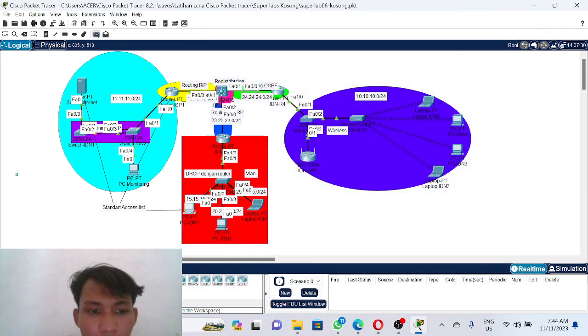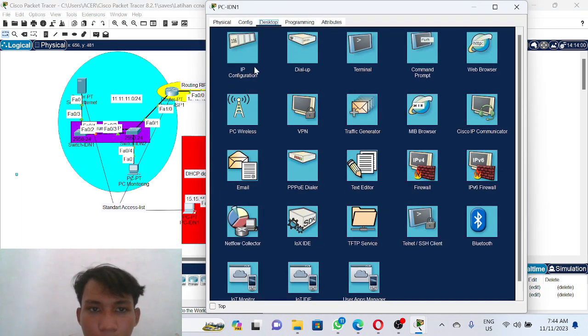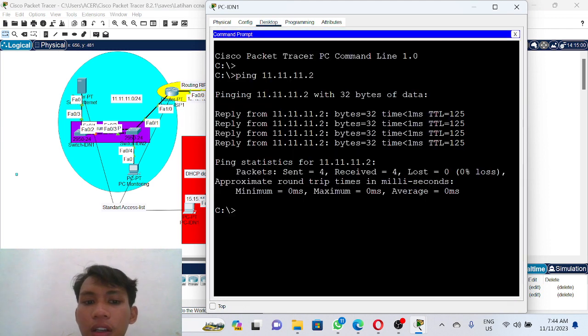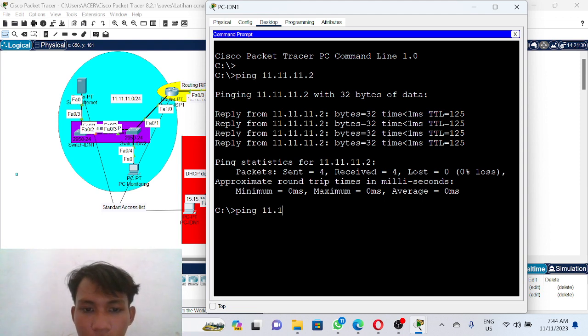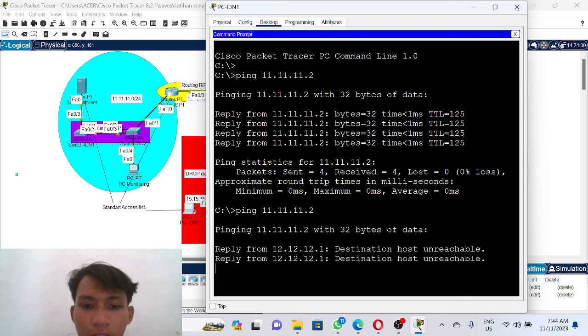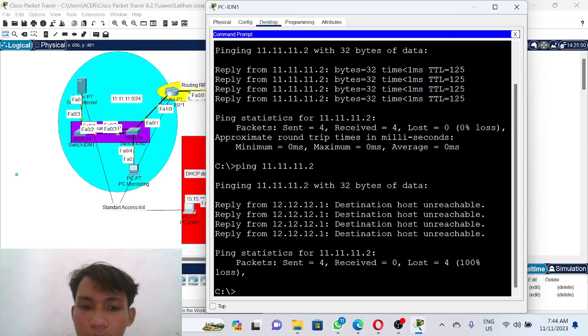We check our access list setting. We ping from the physical PC to the server, and it must fail for the IP 15.15.15.0. Okay, and if we ping with the command prompt, the same result, to 11.11.11.2, which is the IP of the server. This is destination host unreachable.